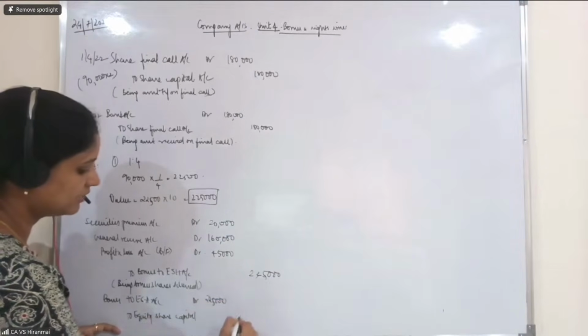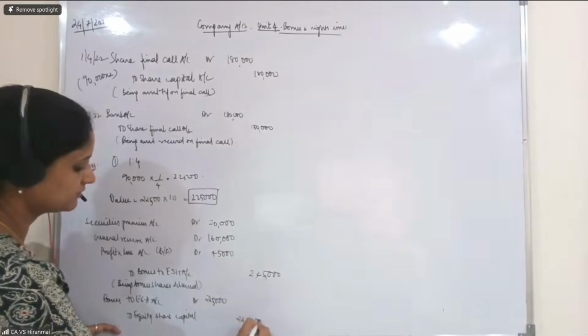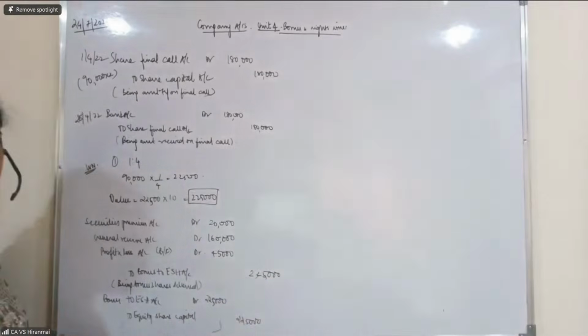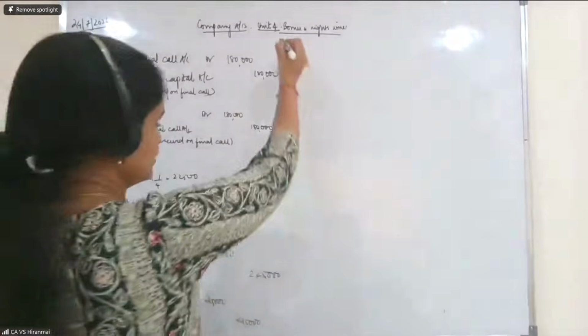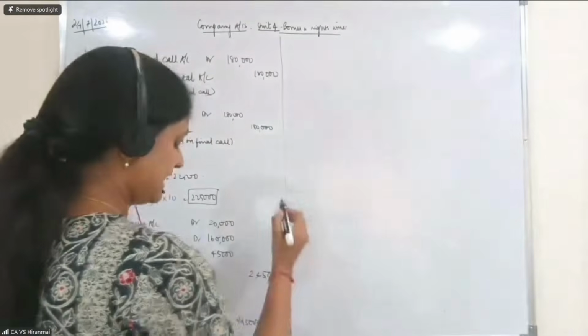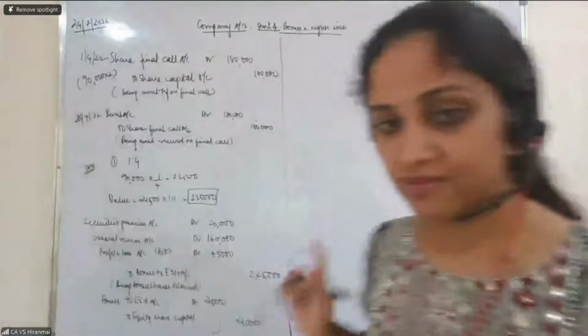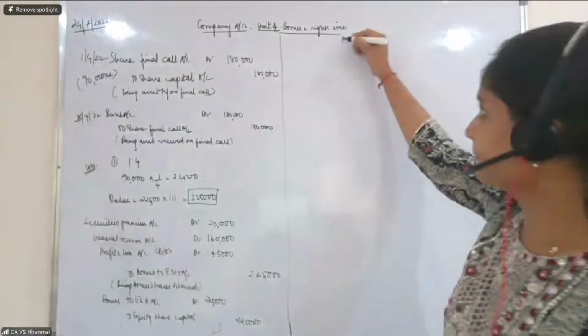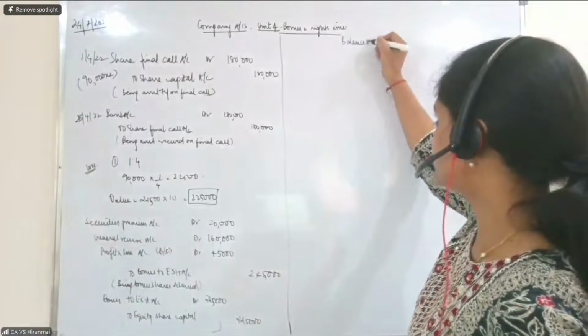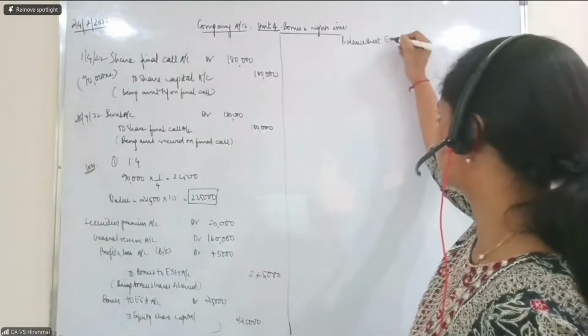of 2,25,000, and 2,25,000 being the shares increased or the shares issued. Now we come to the balance sheet presentation. Very, very important. Now, when I talk about the balance sheet extract